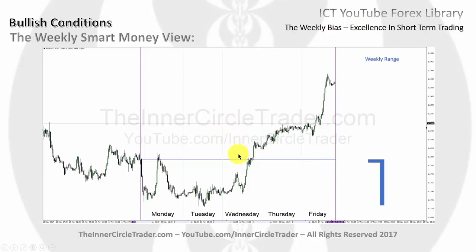We could still see it come back down and retest that opening price on Wednesday. The algorithm will want to expand away from this opening price after Wednesday because it only has New York opens time period to Friday's close. And that's why you see this acceleration in the movement on the weekly range immediately after Wednesday breaks above the